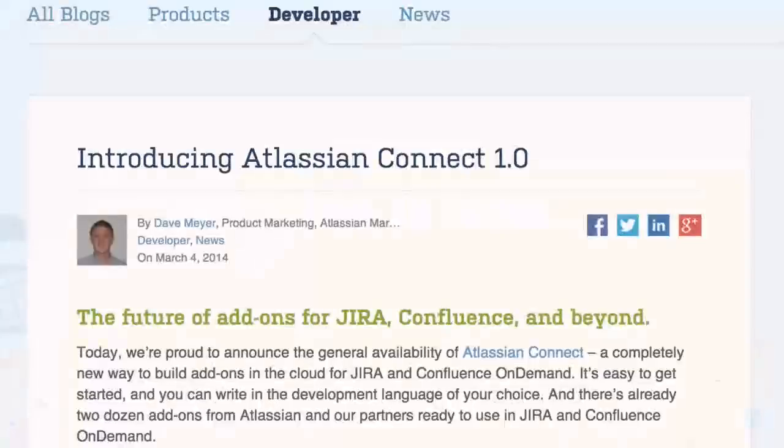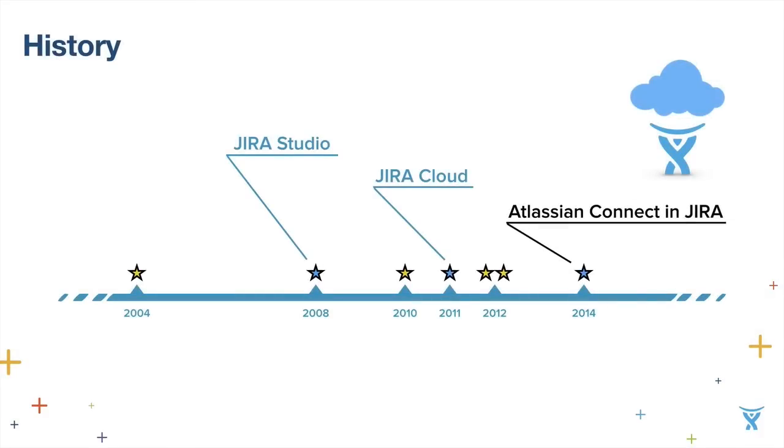And this is how we ended up with the new add-on platform in JIRA. Actually, not only in JIRA, but also in other Atlassian products as well. It is called Atlassian Connect, and it is only thanks to the massive effort of our ecosystem and developers outside of Atlassian that this release was possible. They spent hundreds of hours helping us make the platform stable and making sure that the coverage of the plugin points is good enough for the platform to be released. And as you all know, Atlassian Connect 1.0 was released earlier this year.